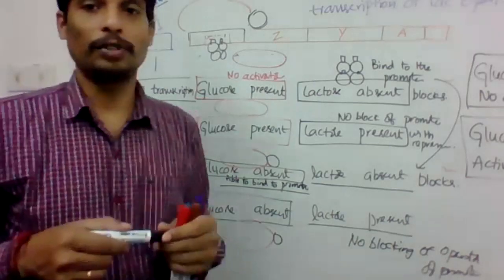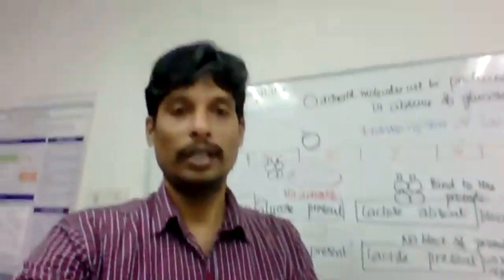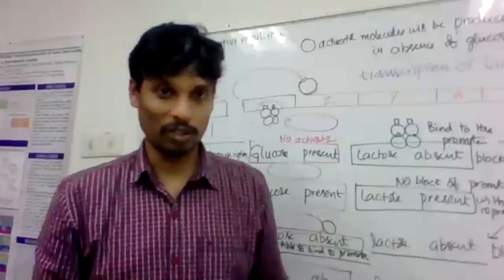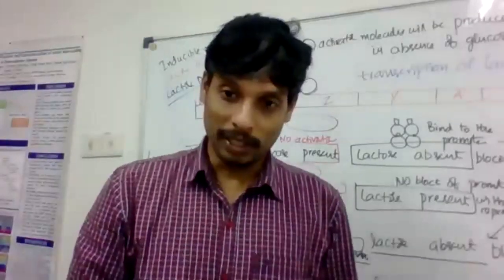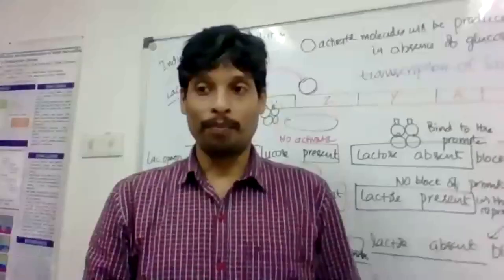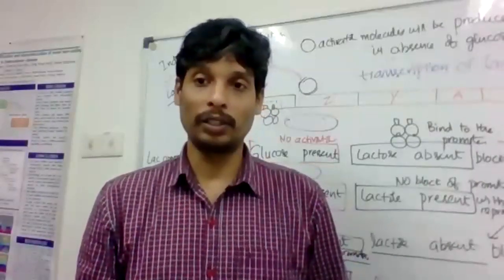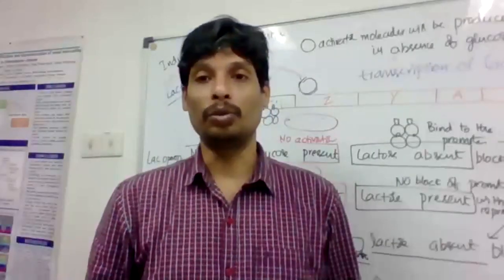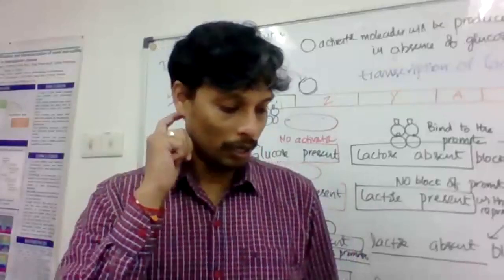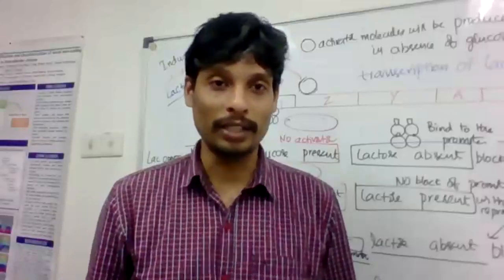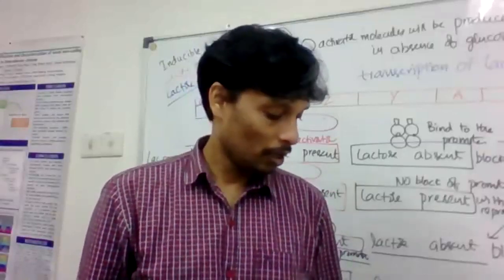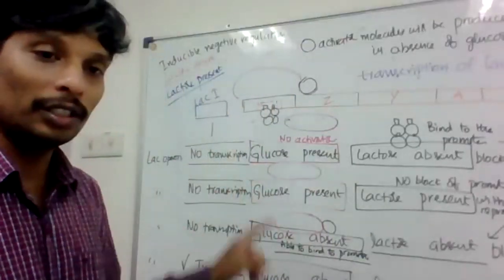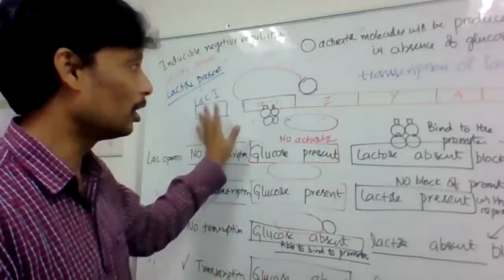So that is the summary of the lac operon regulation: how the bacteria senses the signals, whether lactose is present or absent, or glucose present or absent. Of the four possibilities, only when lactose is present and glucose is absent can the bacteria transcribe and translate the lac operon genes and utilize the lactose as an energy source. In the other three conditions it is not expressing. If it kept on expressing in all four conditions, there would be a lot of energy wasted, right?